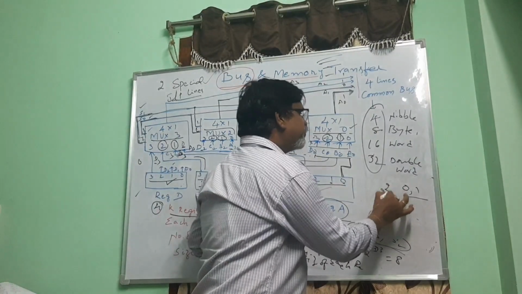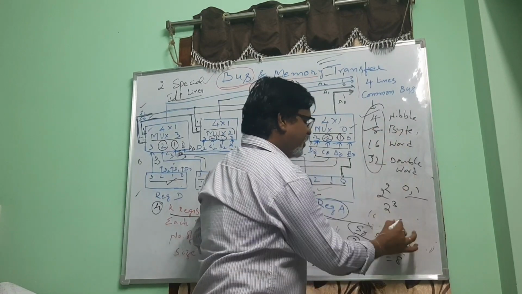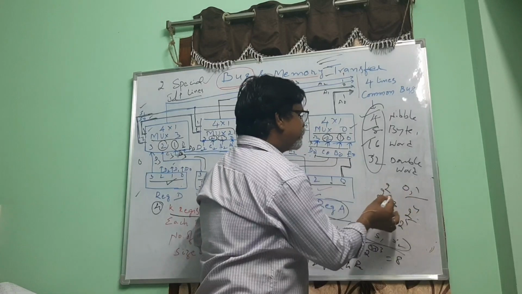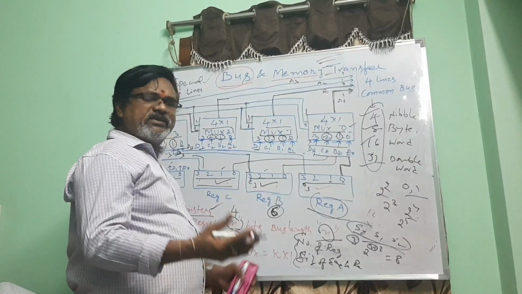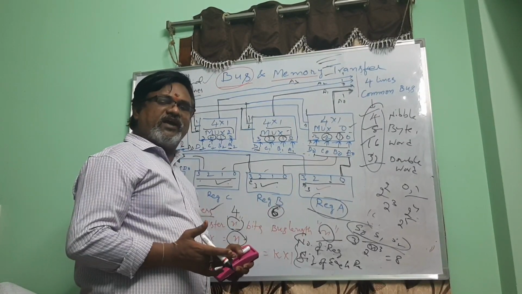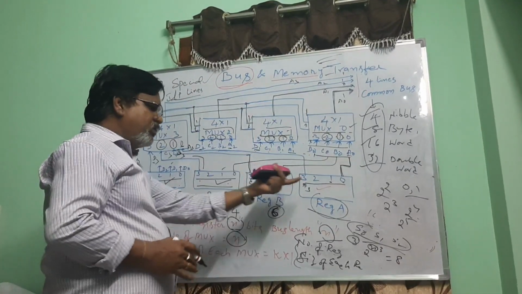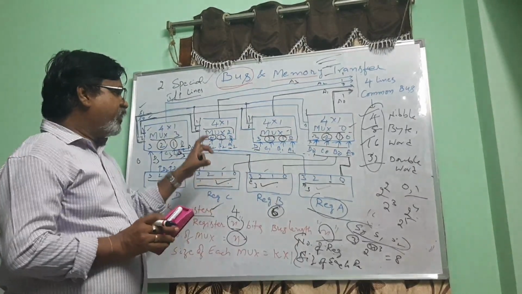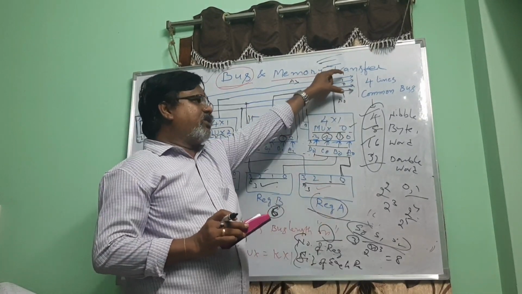So 2 power 2, 4-bit register, 2 power 3, 8-bit register, 2 power 4, 16-bit register, 2 power 5, 32-bit register, like that. In general, you will not have a 6-bit register or a 14-bit register. So that's why select lines depend upon the size of the register or the number of registers you are using. So I hope this explains transferring the data of one register onto the bus.